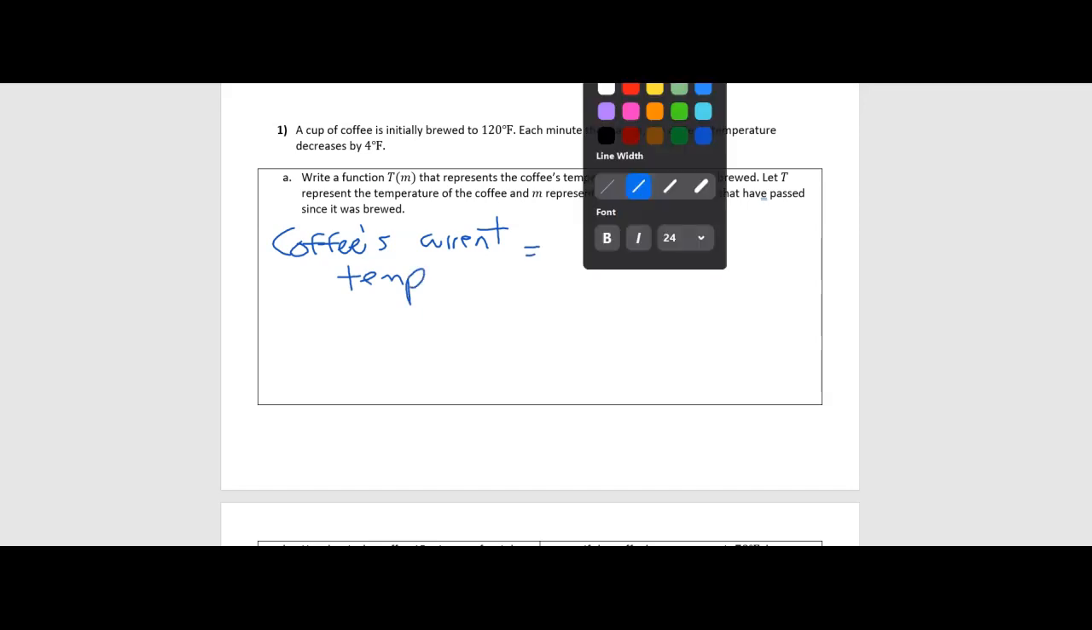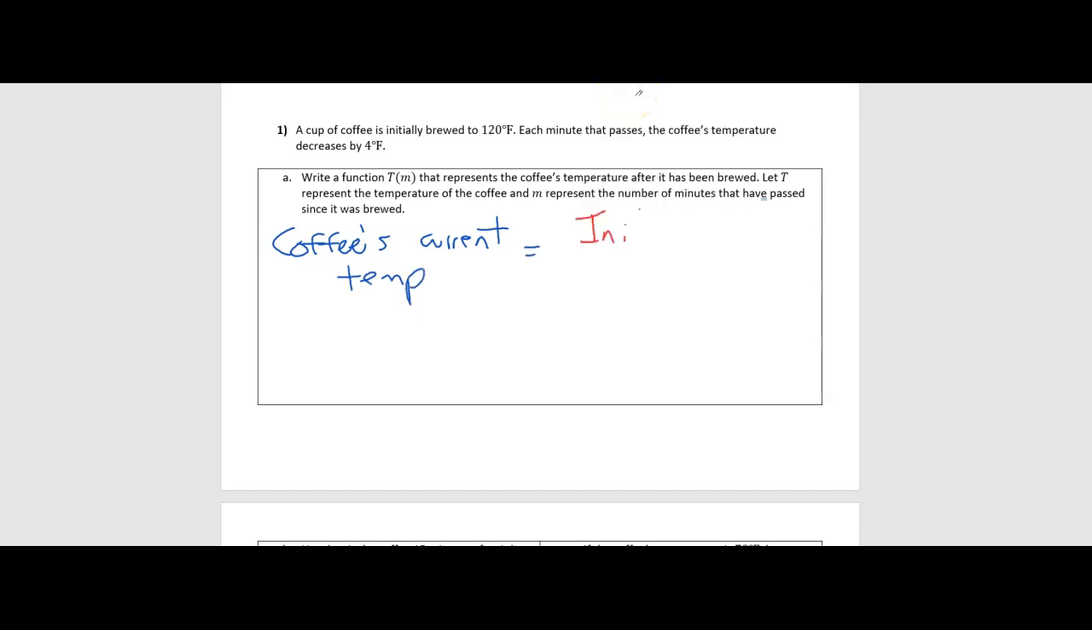Now, this is going to be equal to, well, the initial temperature right after it has been brewed, plus the change in temperature, right? The coffee is changing for every minute that passes. The coffee's temperature is changing every minute that passes since it came out of the pot or after it stopped being brewed. So let's see if we can start to fill in some numbers and variables for some of these